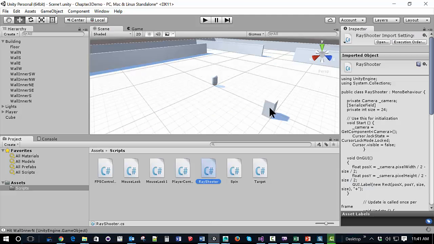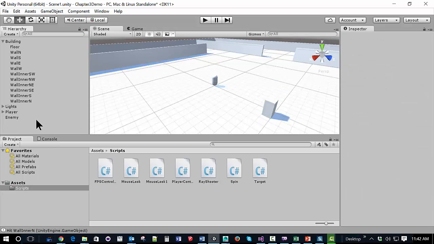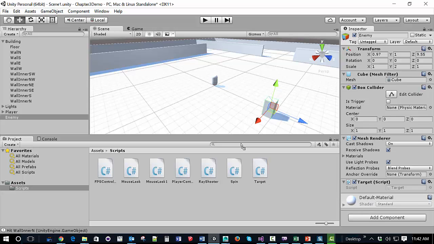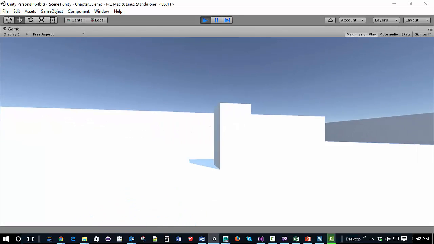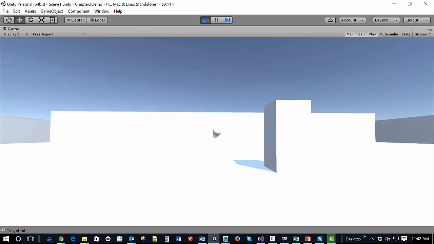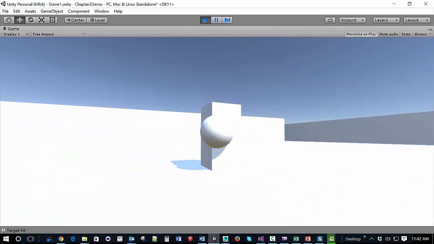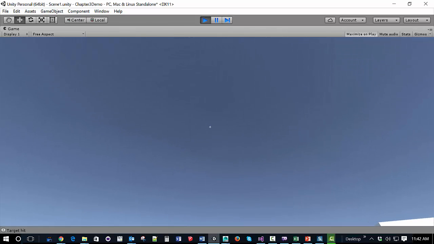Let's look at this. This cube, we'll rename this enemy, and in the enemy we will add this target script. So the script doesn't do anything yet, but it will. We can see if we can detect that it's there. So we can see there a target was hit. And I think it's working. Let's try